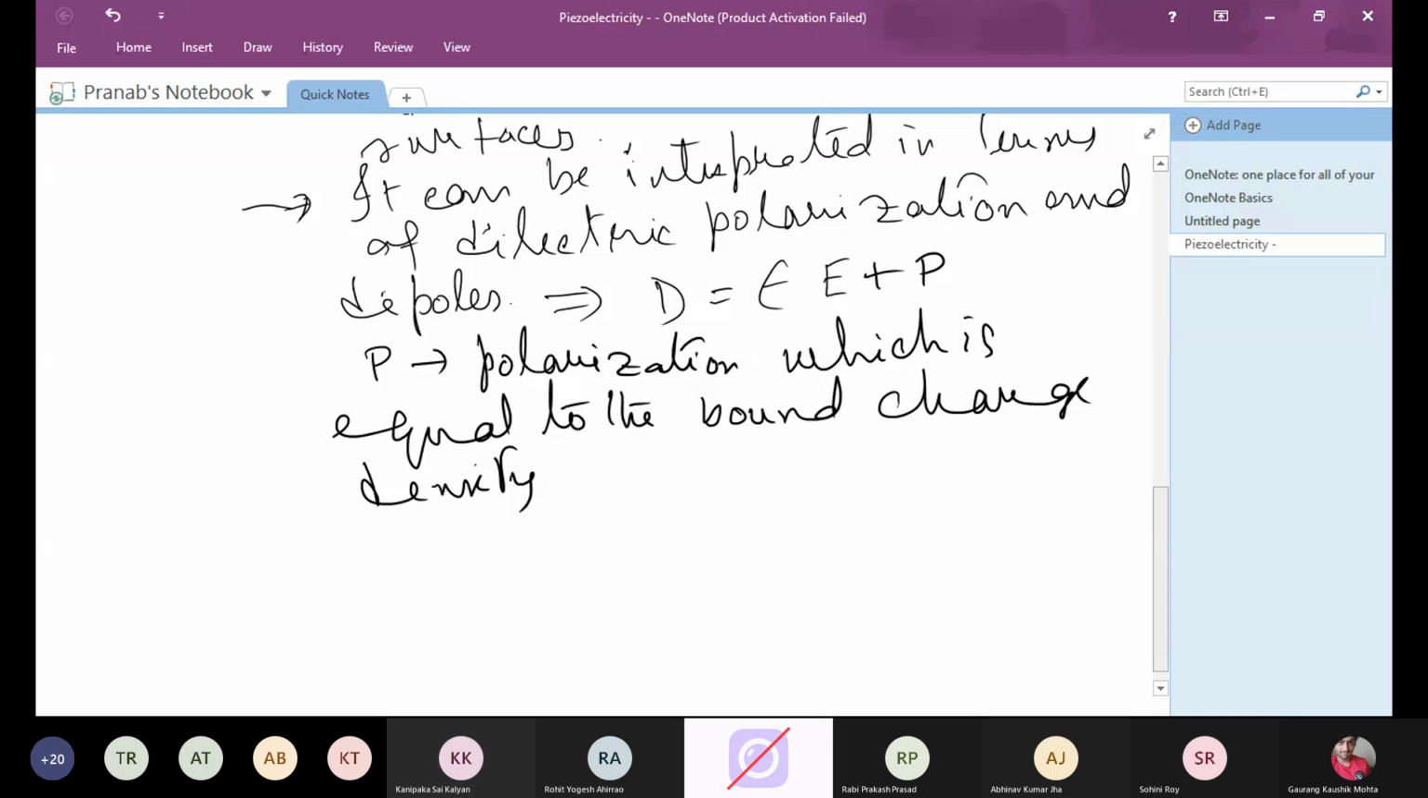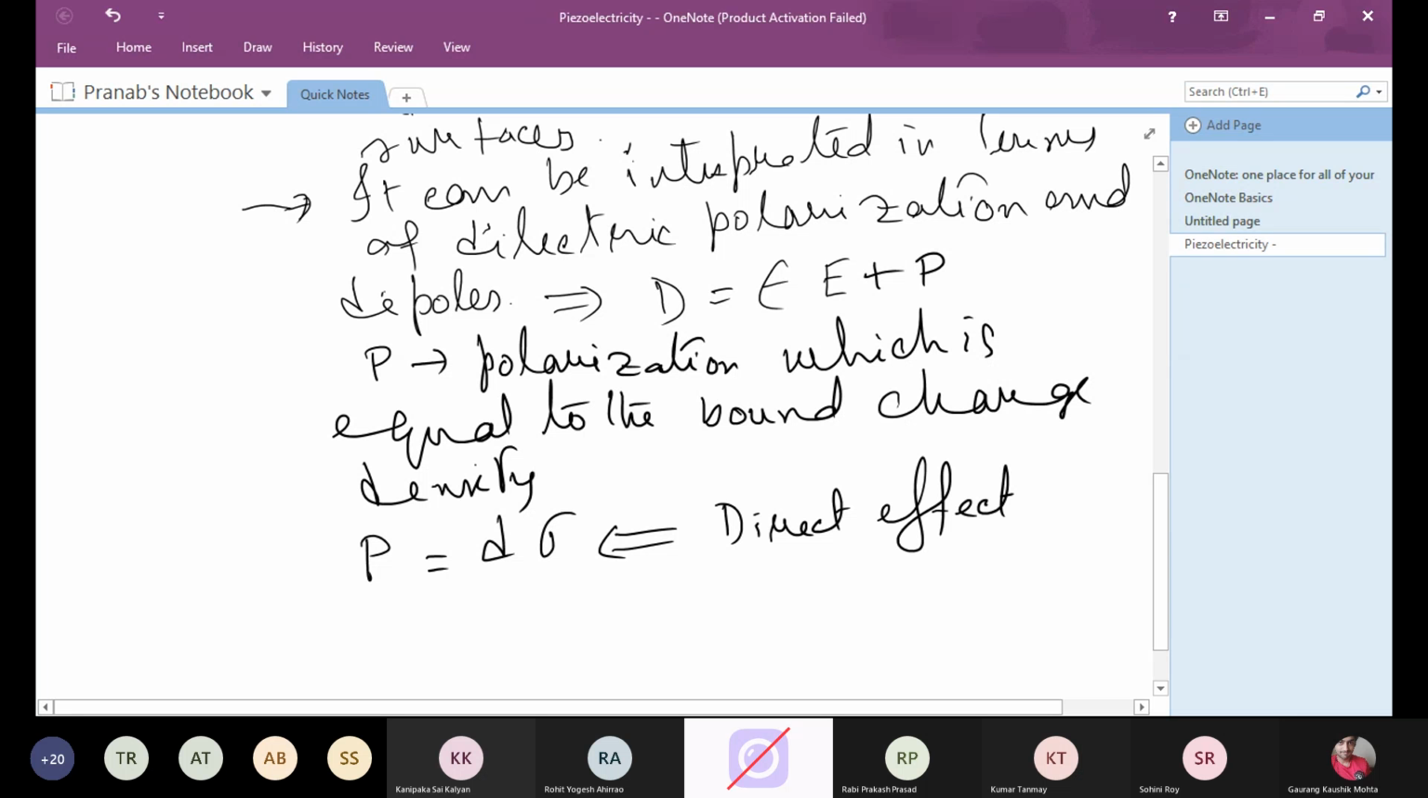So this polarization P could be related to d into sigma, which is known as the direct effect. d is a tensor, depending on the three-dimensional